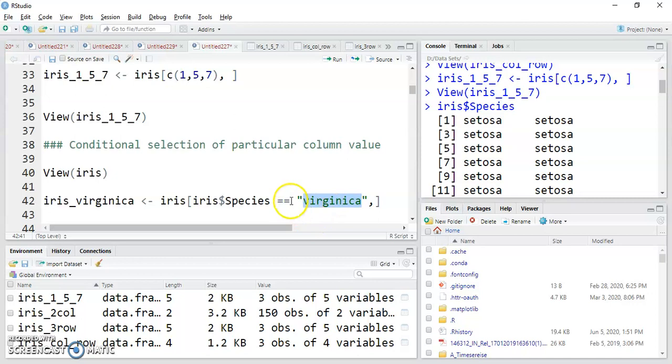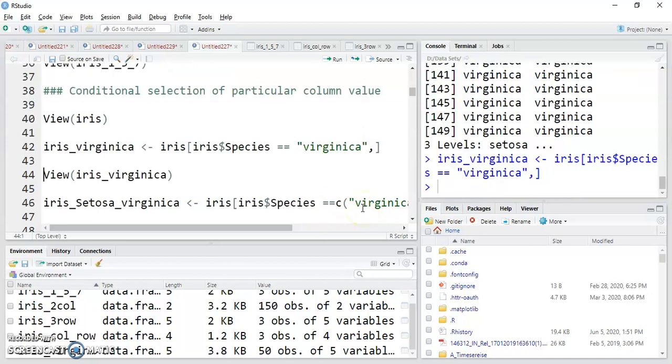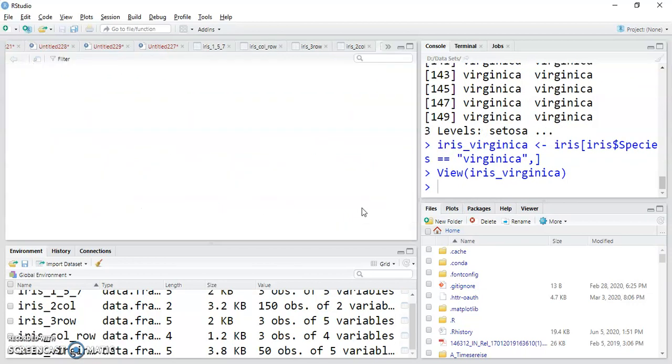So I write double equal to for exact equality, and write that species name virginica in double quotes. Then this condition is applied on rows. We write the condition before the comma, and after the comma we do not mention anything because we want all the columns regarding virginica.